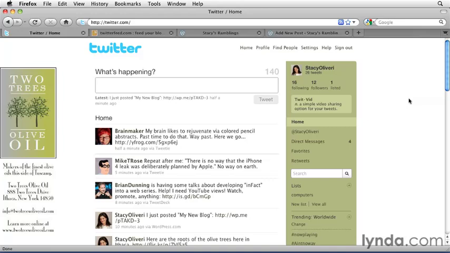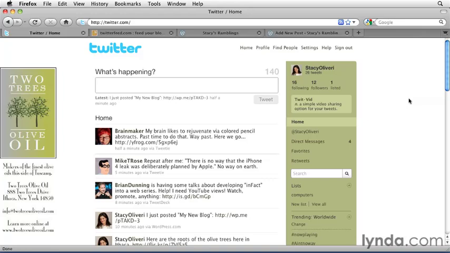Twitter Feed is a web-based tool that enables you to tweet about new blog posts as they're released. Twitter Feed works with RSS feeds that are automatically generated by most blog software. You create a Twitter Feed account, then tell Twitter Feed about your blog and how often it should check for new content. When it finds new posts, it creates a tweet on your Twitter account with a link to the